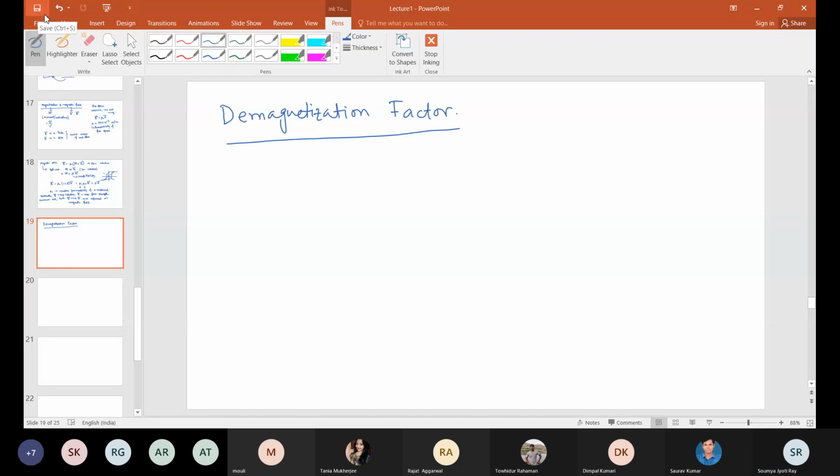So whenever we have a magnetic field, let's say, and we try to magnetize a material, then there is some contribution which is also present that tries to reduce this magnetization process. So that is basically the effect of demagnetization.